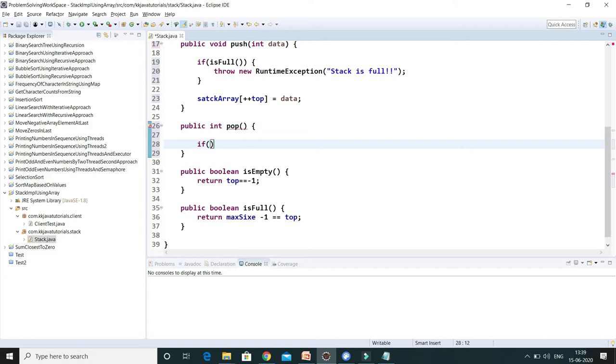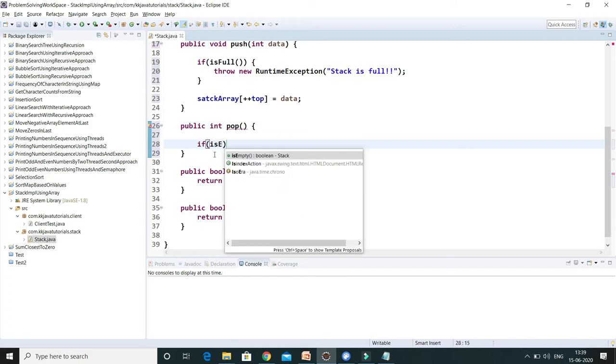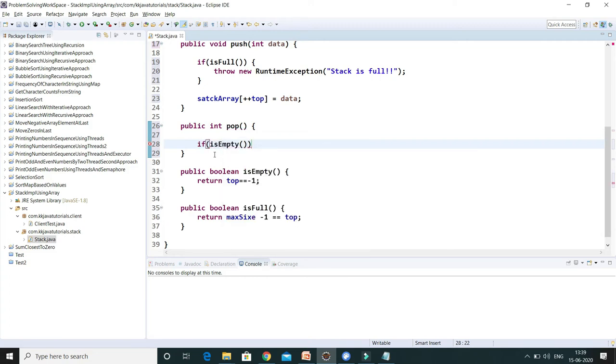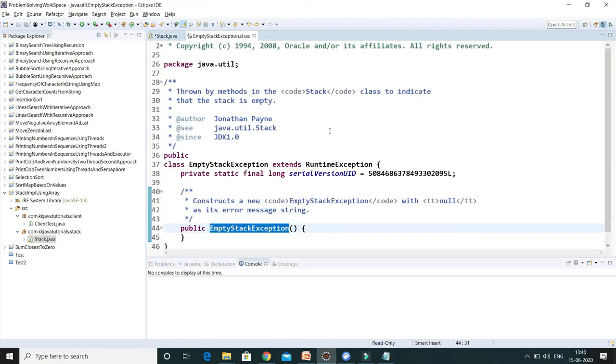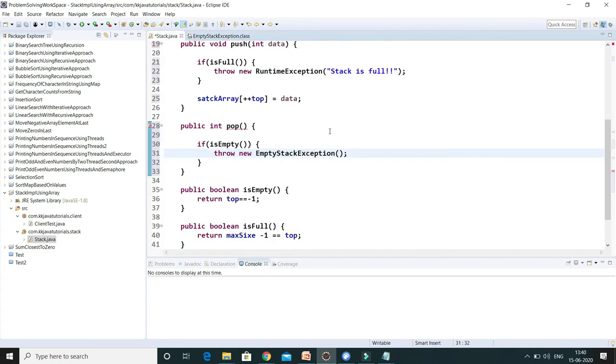So first of all we check isEmpty. If that is the case, then you cannot pop an item from the stack, right? Simply we have to throw an exception. So I'll say throw new EmptyStackException. This is a Java exception, right? So I am using this already existing exception.